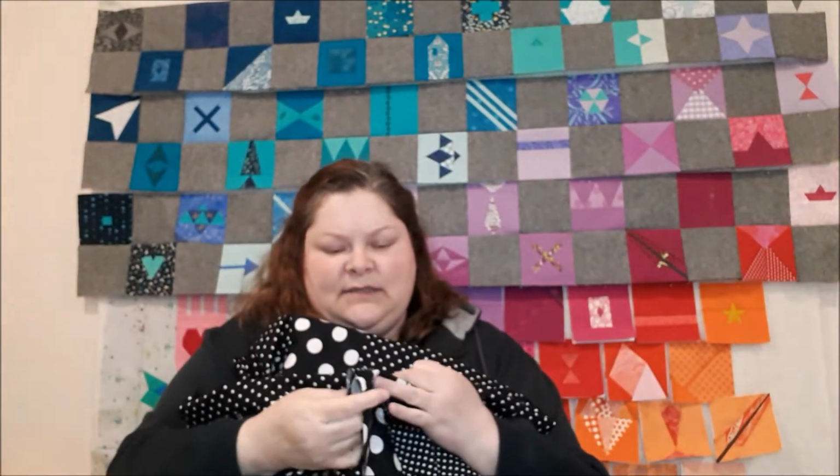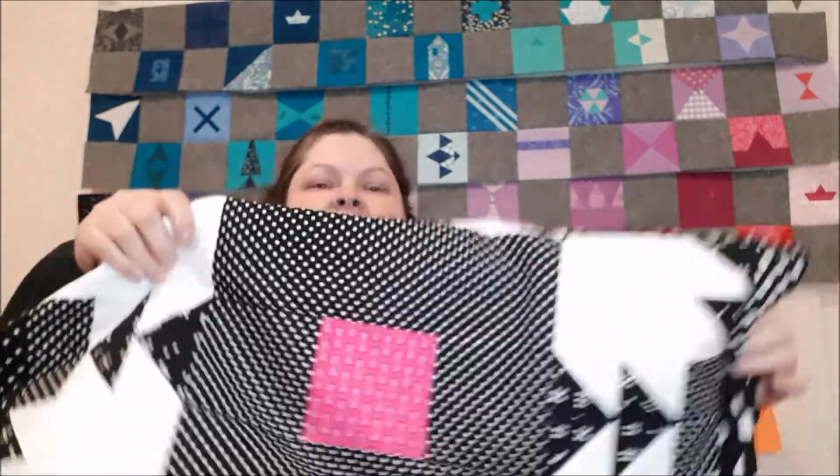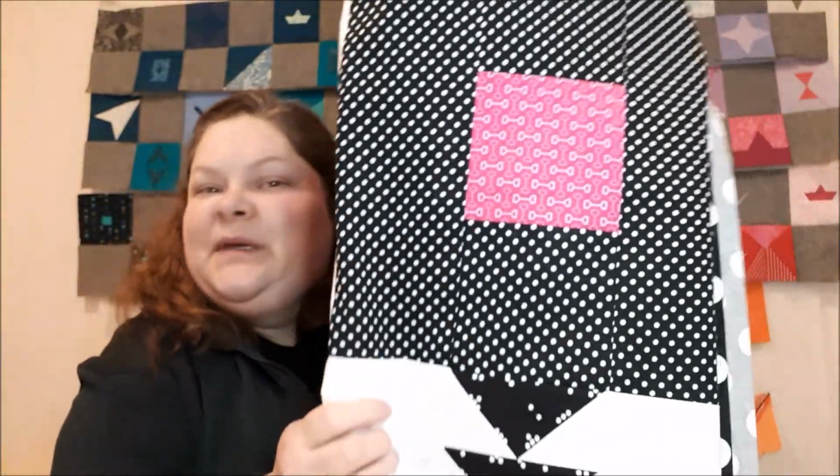Everybody, I feel like my sister's a big fan of polka dots. I'm a big fan of polka dots. My closest friend is a big fan of polka dots. So it's the question of deciding who of the polka dot lovers gets to have the polka dot quilt. But probably won't be my sister because she doesn't like pink, and there are 4 of these big pink squares in it. I'd like to get it quilted sooner than later, but my next project needs to be a mini quilt